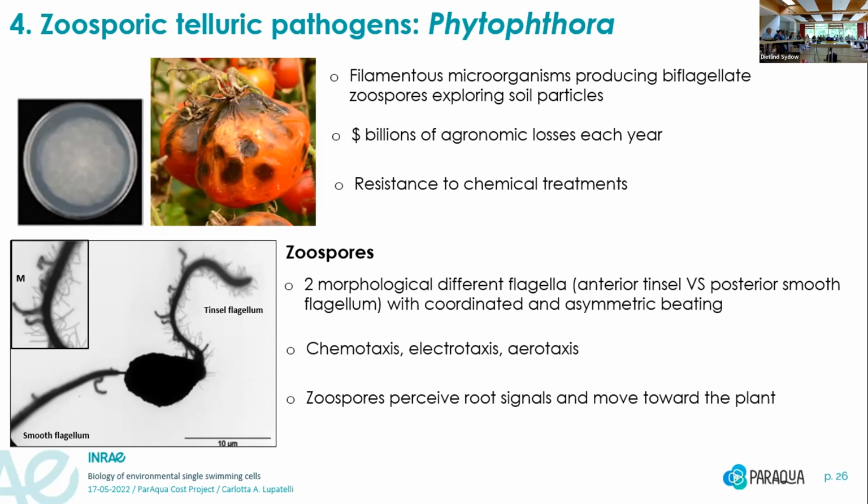pathogen which causes millions of agronomic losses in agriculture, but it also attacks the natural environment. The problem with Phytophthora is that it is also quite difficult to control in the field because it has developed a resistance to the chemical treatment, and most of the chemical treatments that are used against the fungi normally do not work on oomycetes because of the morphological differences that we have